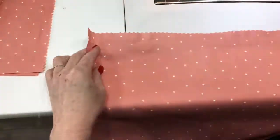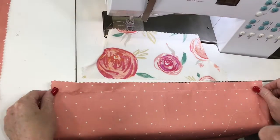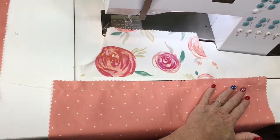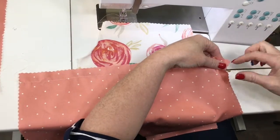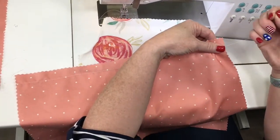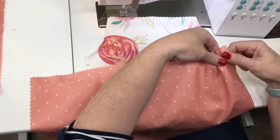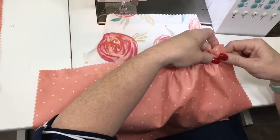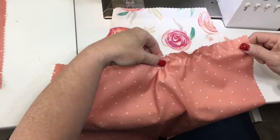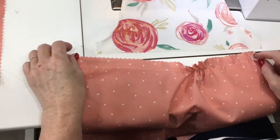And what you're going to do is gather this to match the width of this front right here. So I like to take the bottom thread. I feel like it does better for some reason. And I'm just going to pull. So you just pull one of the threads, not both, just one. And I like to keep it a little bit flatter towards the end and bring the gathering right towards the middle. So I'm going to just do what I think is about right. And then I'll show you how to know where you are, because you're trying to get it to match the width of